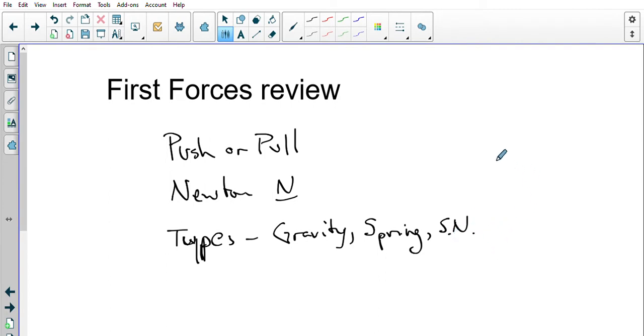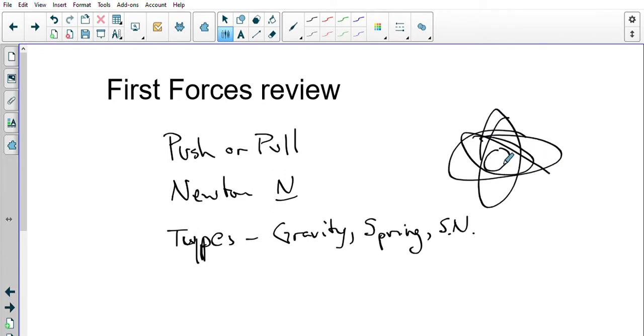Now, the strong nuclear force happens only in the nucleus of the atom. And it's where you have all these positive protons that are being held together in a very small package. The strong nuclear force is responsible for keeping those together because the positives want to repel the positive. They want to get away from each other. And this is really, really tiny in relation to the size of an atom.